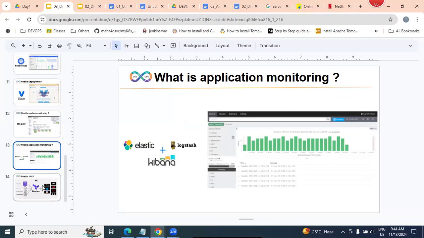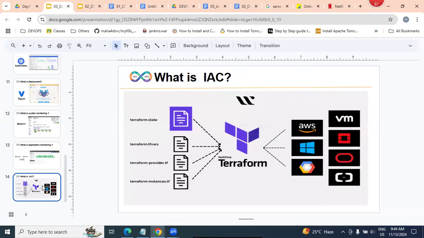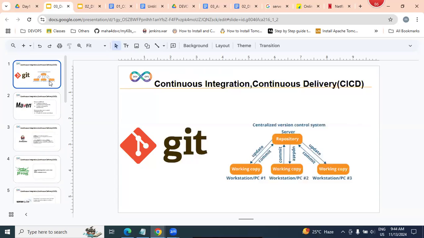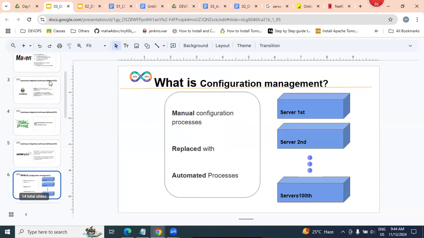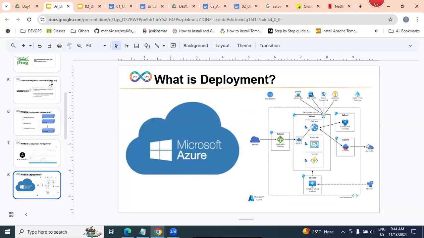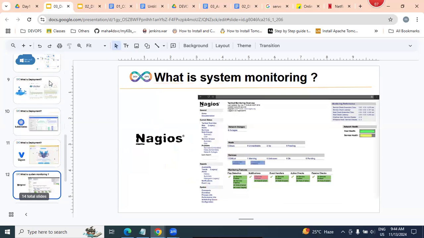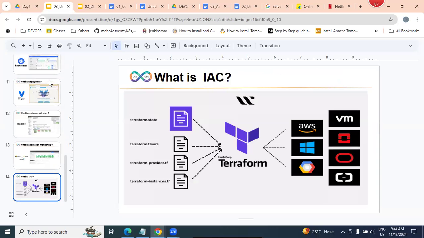And we're going to be learning Terraform. Terraform is a cross-cloud platform. With the help of Terraform, we can create infrastructure in any cloud, either Azure, AWS, or Google. We're going to get experience creating a service, network, and storage in Azure with Terraform. With these tools, Git, Maven, Jenkins, JFrog, SonarQube, Docker, Kubernetes, Vagrant, Nagios, ELK, and Terraform,